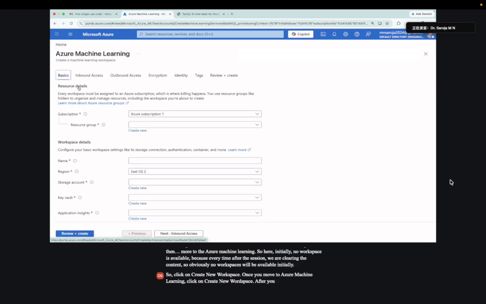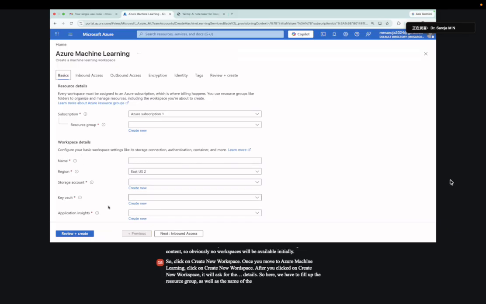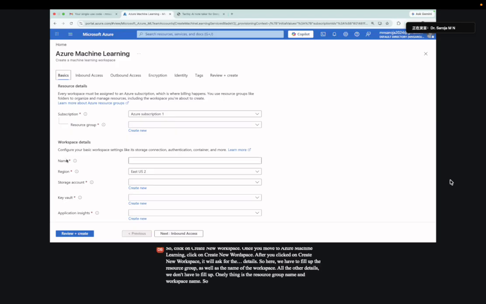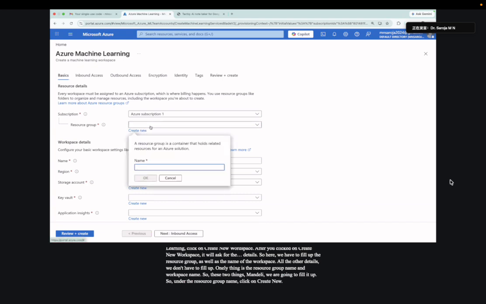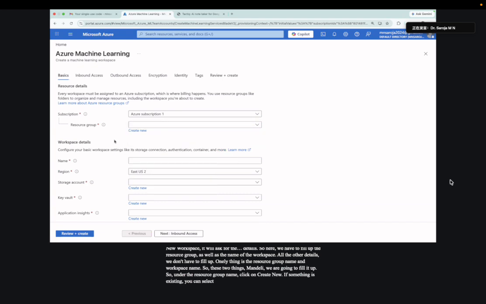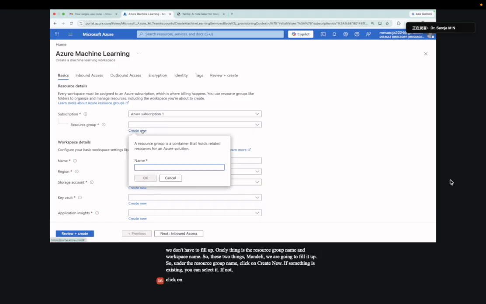After you click on Create New Workspace, it will ask for the details. Here we have to fill in the resource group as well as the name of the workspace. All the other details we don't have to fill in. Only the resource group name and workspace name, so these two things only. Under the resource group name, click on Create New. If something is existing, you can select it. If not, click on Create New and create the